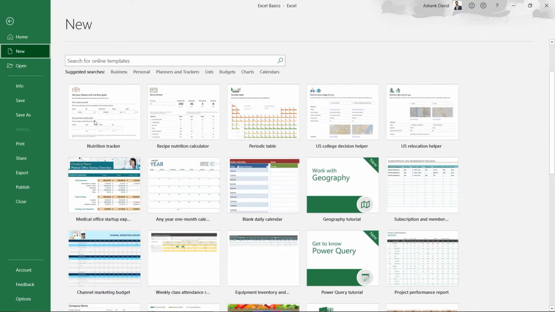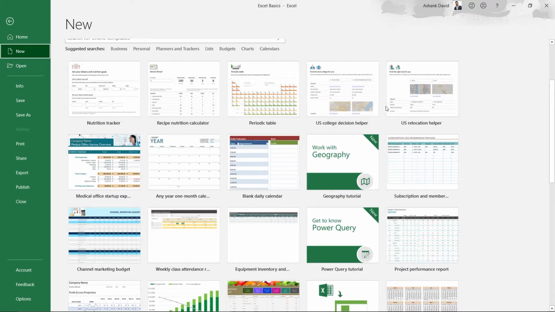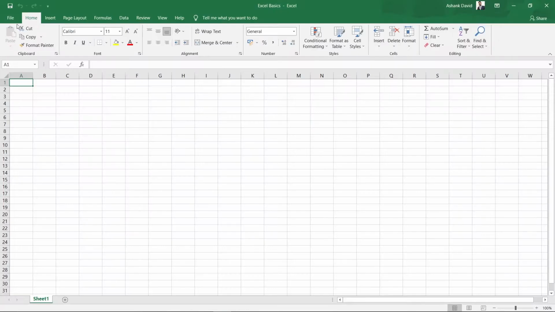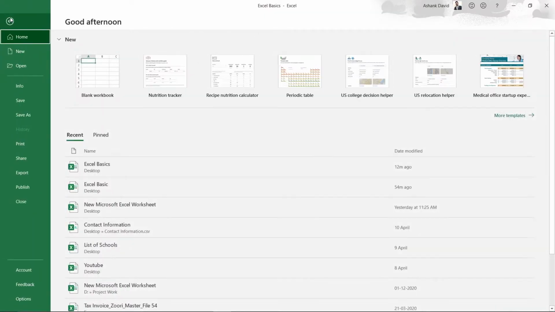And in the 2019 version, we have so many online pre-made templates for Excel, so you can directly use any of the templates from here. This is the advantage of using the 2019 version or any higher versions as well. It looks like this for me, but for lower versions it looks different. It will just have one Office button right here that you will use instead of the File button. So basically it's the same.